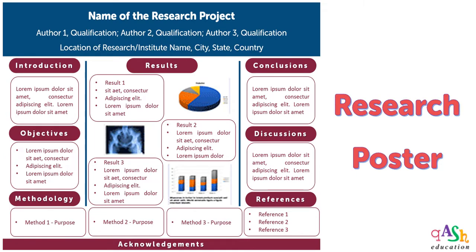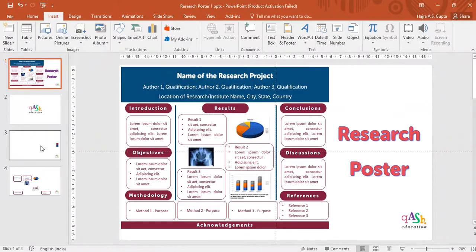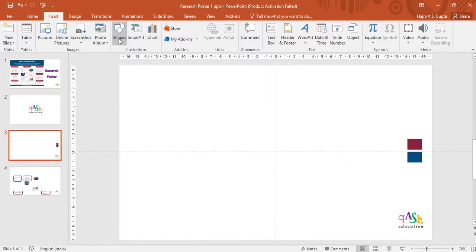Now this is our very first attempt making a playlist of research posters. There have been many requests on Instagram from PhD students, undergrads, and postgrads. This is a very simple format of a research poster. On the top you have the title, the authors, and the institutional affiliation, and here we are indicating all the different types of headings that you may have. So this is one format and we can have many. Let's begin with this one.